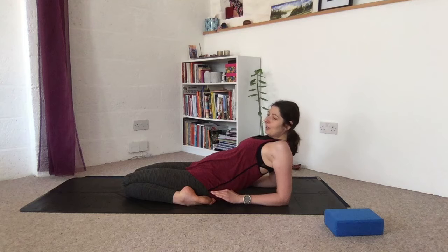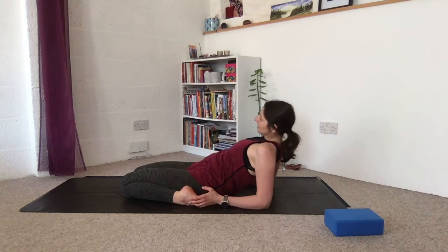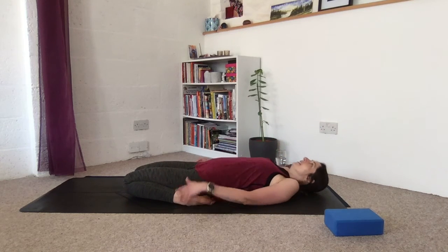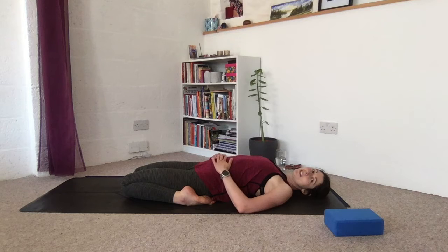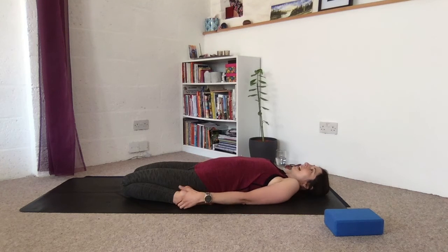Obviously, if you have a pillow, it will be harder pose to go down. This is not the end. You can lower yourself down. You can simply lay down. Check if that's suitable for you. And then your selected position, stay for a few breaths. Nice. And slowly coming out,